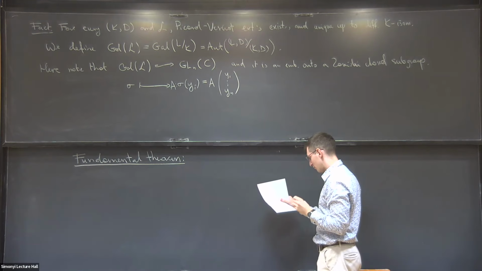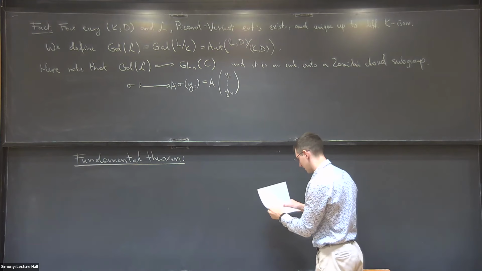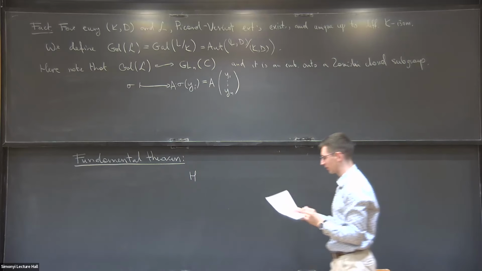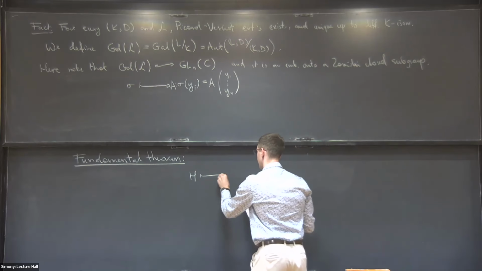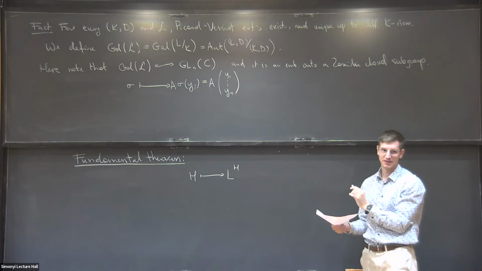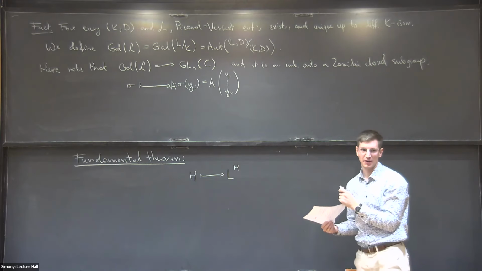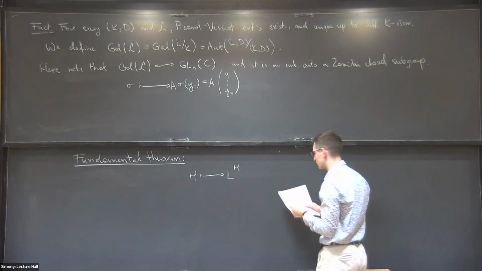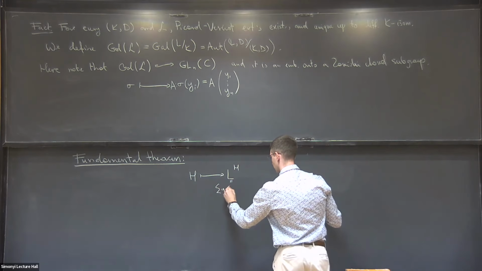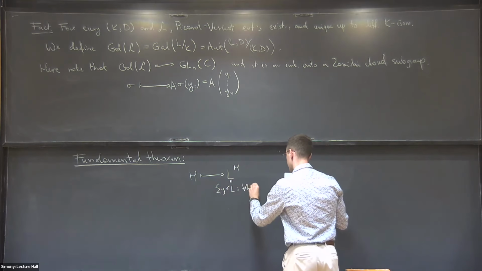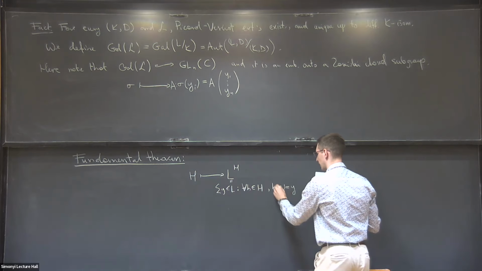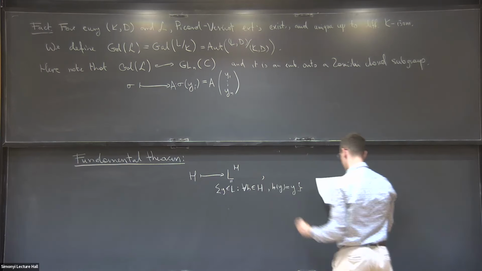So we should have two things. One thing is that if I have now H, a subgroup of this absolute Galois group, then I can look at, of course, the things that it preserves. And this is a differential subfield now because it acts by differential automorphisms. So this is the set of y in L such that for all h in H, h of y is y. Then I have the other way around.